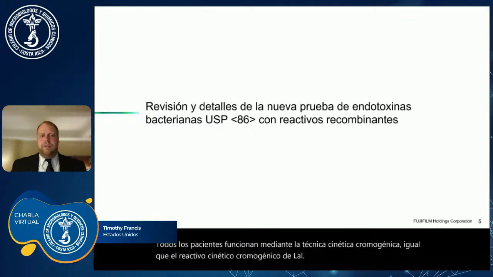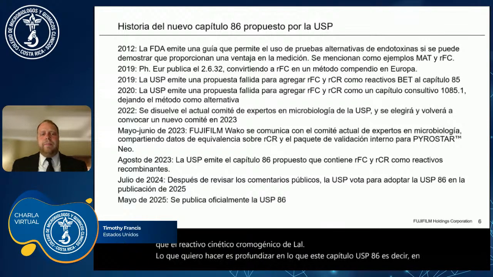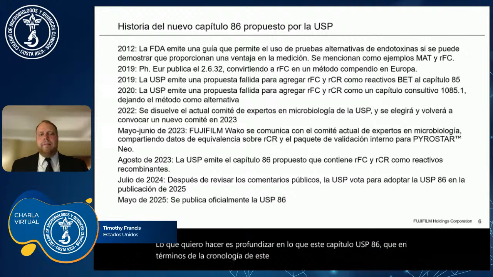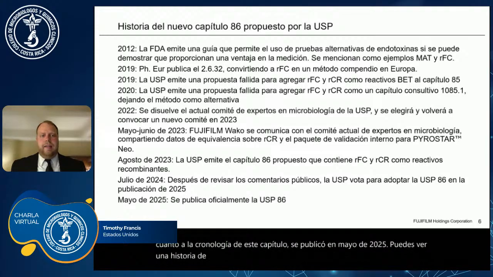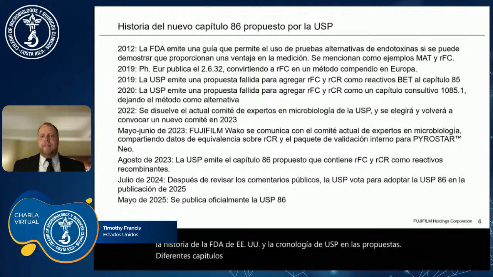What I want to do is look deeply into what this chapter, USP 86, is. In terms of the timeline of this chapter, it was released in May of 2025. You can see a history of the US FDA and the USP timeline in proposals, different advisory chapters, and then finally the acceptance of this chapter, which has a mention of these